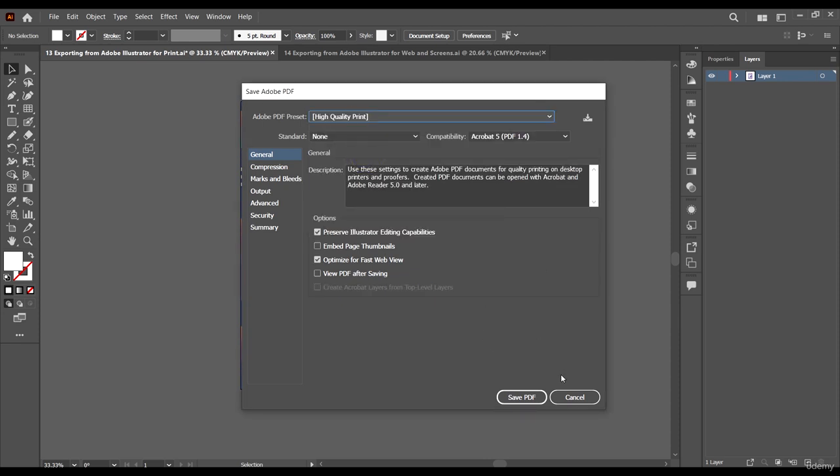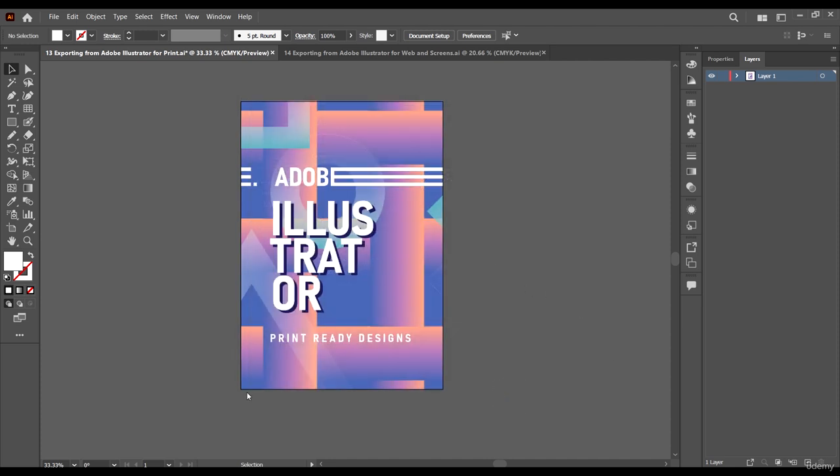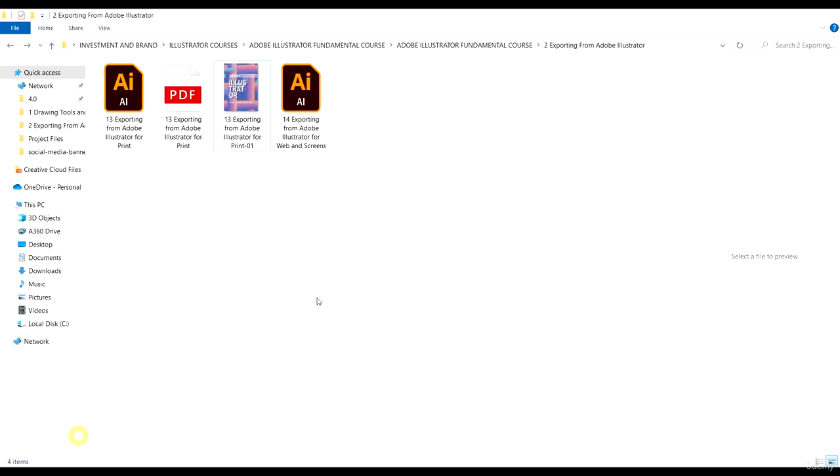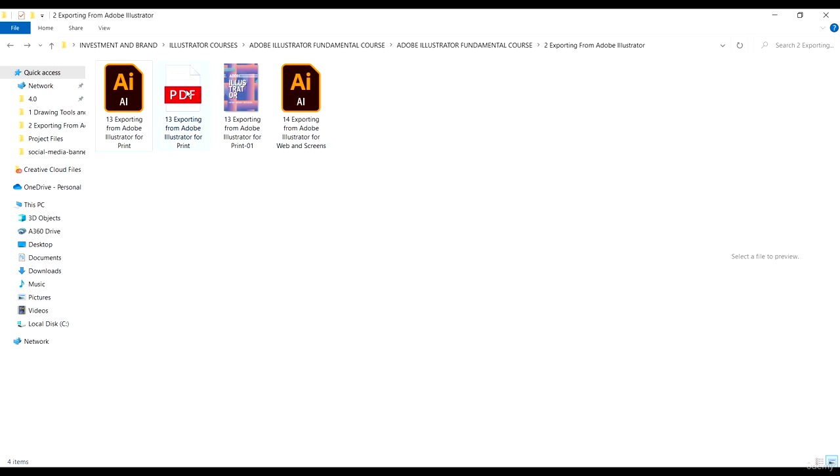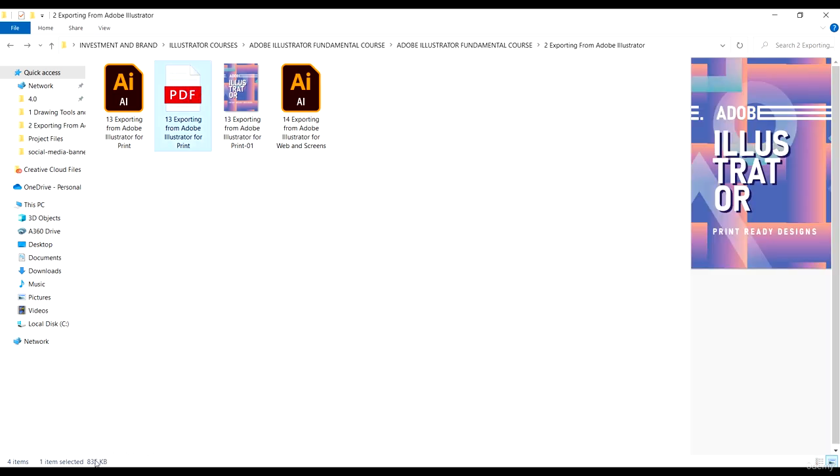If you choose the high quality, we can just save, and it's going to create a PDF file. The file is probably going to be high in size, though not too high. As you can see, it's 835 KB. This is okay,